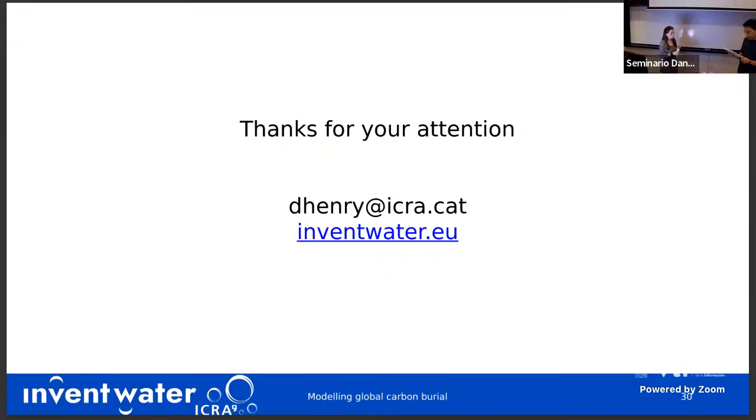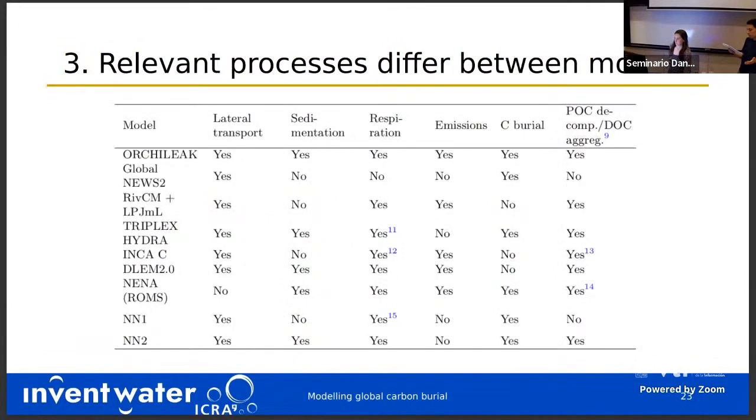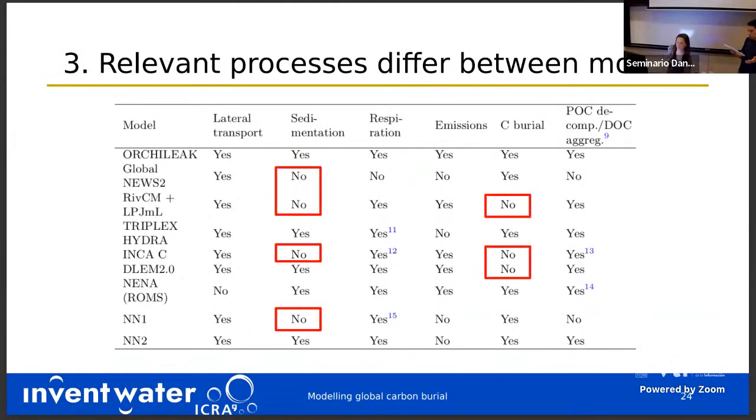I have several questions for you, Daniela. The first one is related to one of your slides where you mentioned relevant processes. You said that relevant processes differ among models. So the question is, for which process have you found the largest disagreements among models? Is there a particular process where the models can really differ, not only in whether the process is included or not, but in terms of how the process is modeled, what equations are used, what the assumptions are?